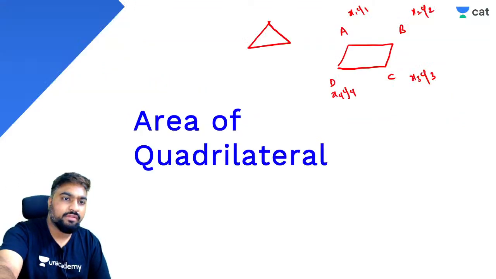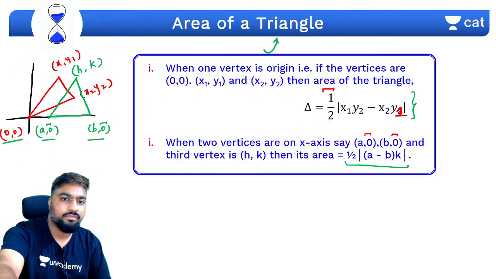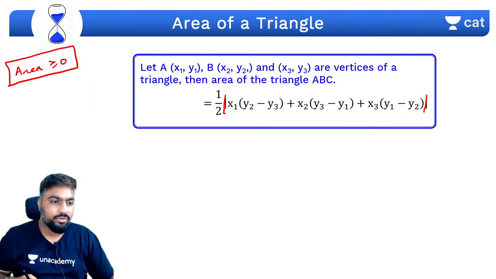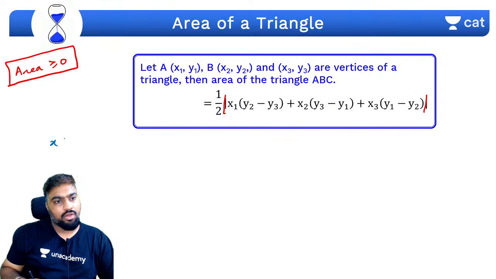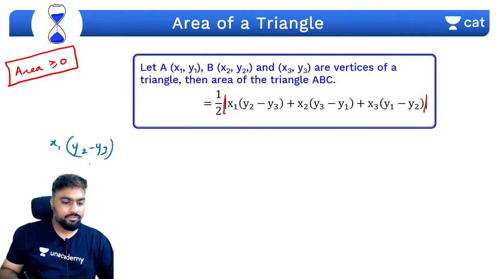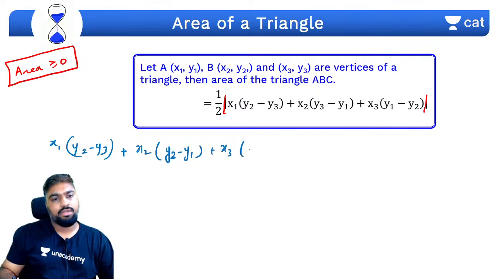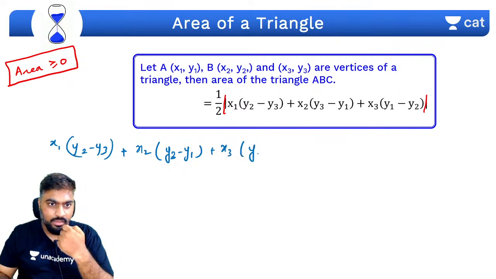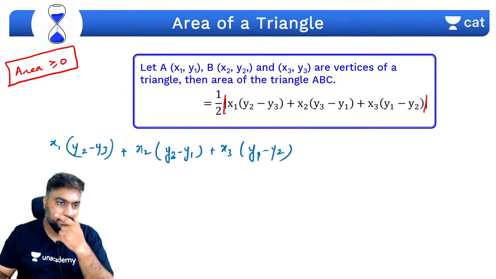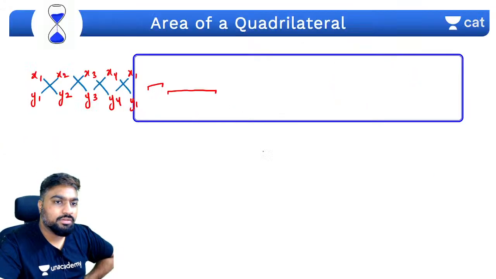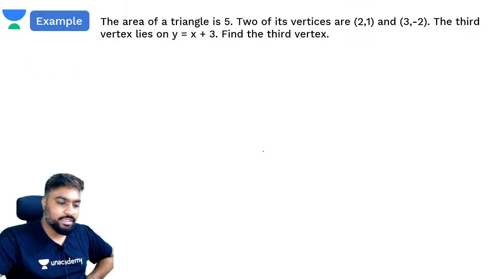The same you can do for area of the triangle also. एरिया ऑफ द ट्रायंगल पे भी आप ये कर सकते हो, ओनली थिंग इज यू नीड टू मल्टीप्लाई विद द x पार्ट, यस x1 कॉमन रहेगा, देन यू डू y2 माइनस y3, समझ रहे हो, नॉट मॉडुलस मल्टीप्लाइड, यस प्लस सेम x2 कॉमन रहेगा, गो फॉर y3 माइनस y1, x3 कॉमन रहेगा, गो फॉर y1 माइनस y2। ठीक है चलो डन ना, क्वाड्रिलैटरल का कोई कंफ्यूजन? ट्राई दिस क्वेश्चन आउट ना।